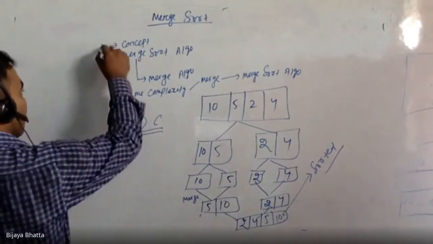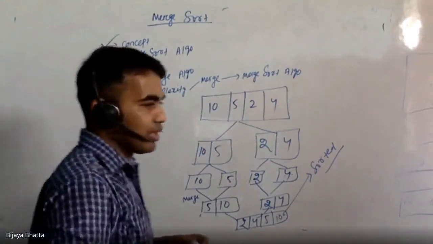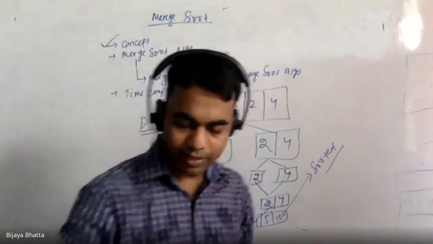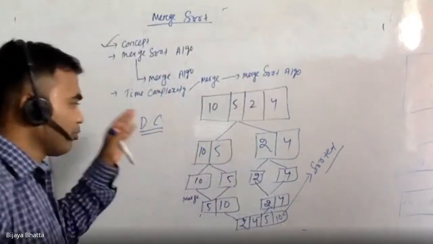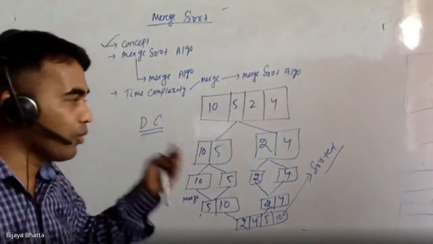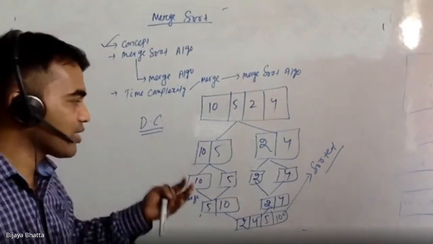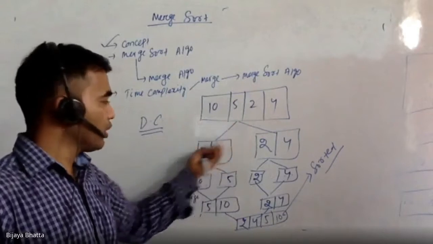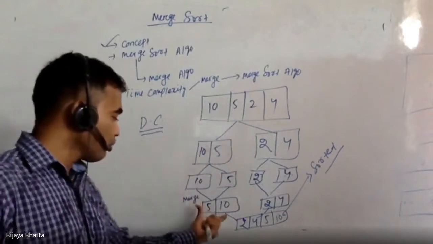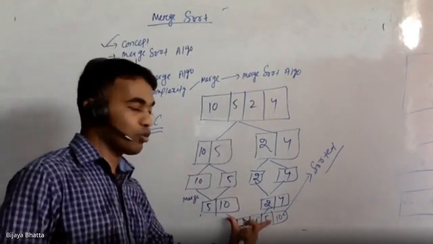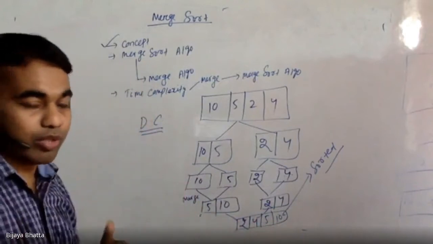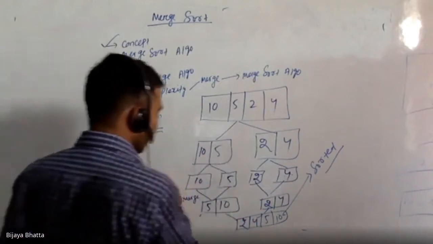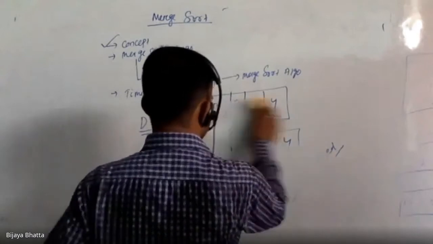We understood how the concept works, but let's understand it in detail, because it is not as simple as I told. What will my algorithm be? How do these steps exactly work? How do you find the middle number? Which one do you choose for the left part? How do you merge these two parts? These are the questions that must be coming to your mind. Let's go back and understand it step by step.